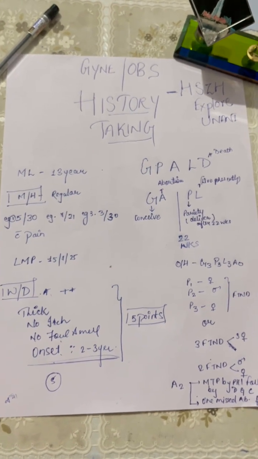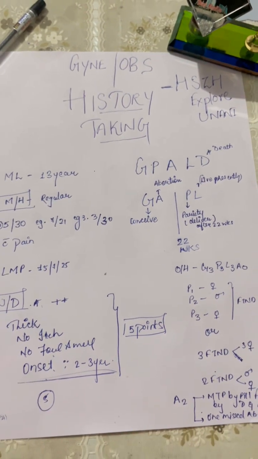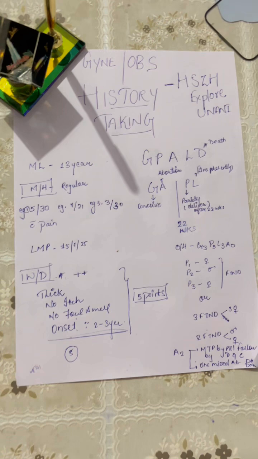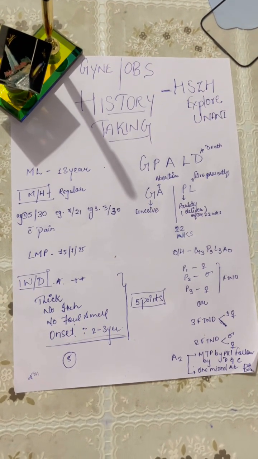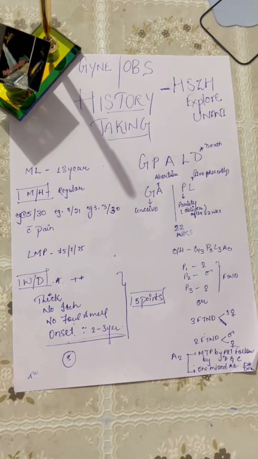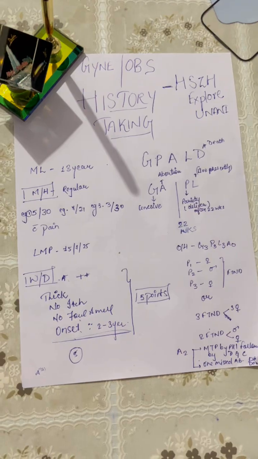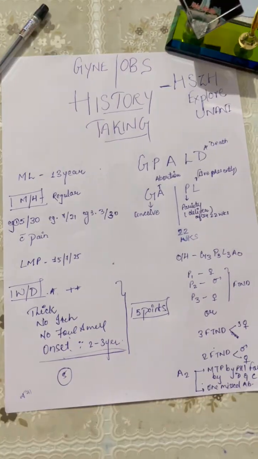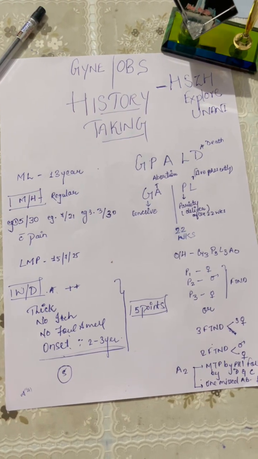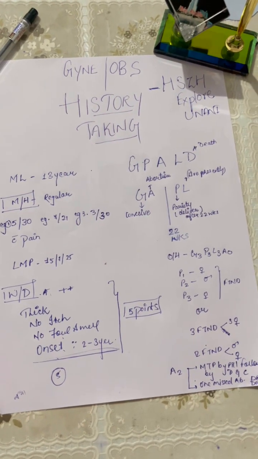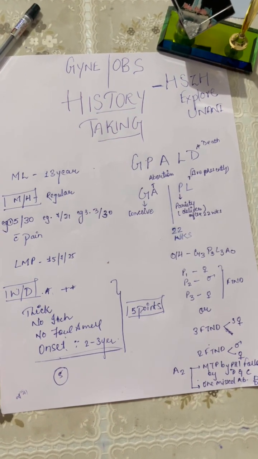Then for the fertile period in between, the ovulation period, that is day 11 to 18, is the fertile period. In that period, advise Habb-e-Hamal 1 OD. And for the ovulation study, we always advise USG. Just note down that we have to follow this pattern as a treatment. And if the patient has an anovulatory cycle, for rupturing the graafian follicle, we advise dry cupping. It is very effective.